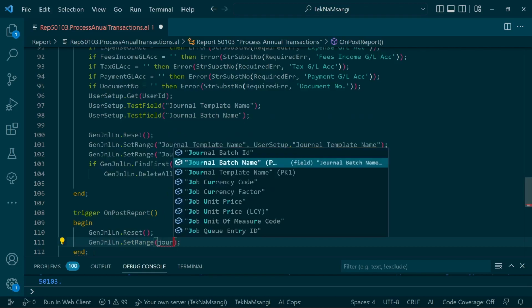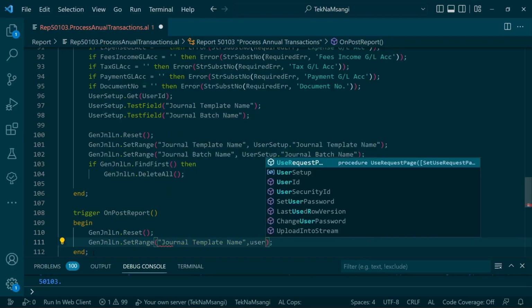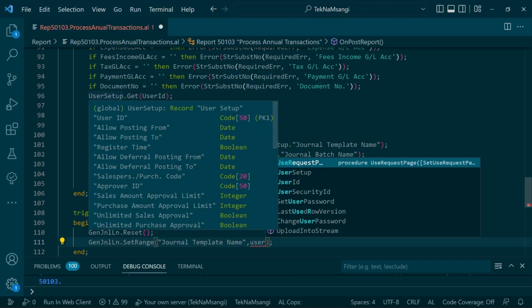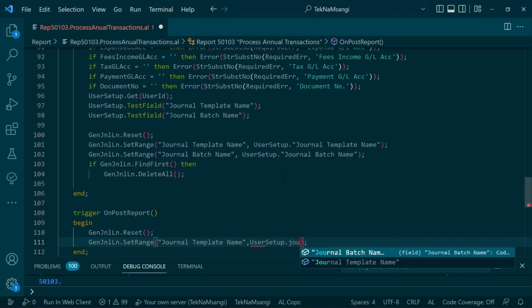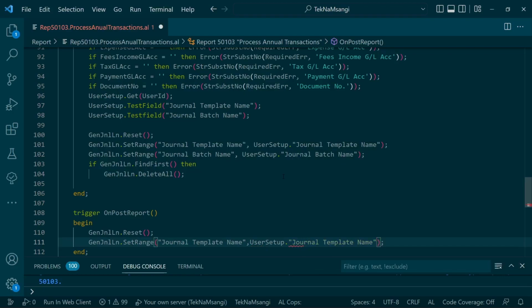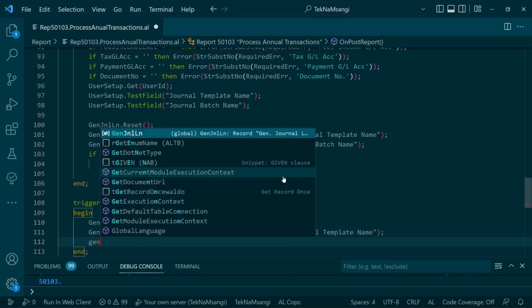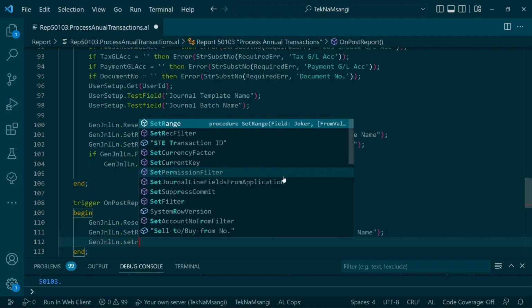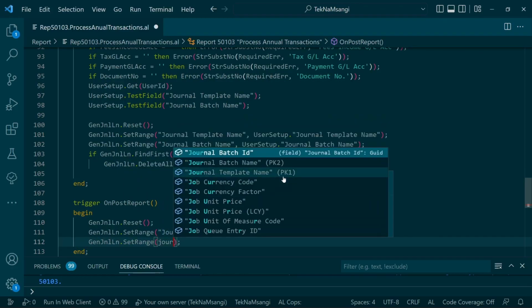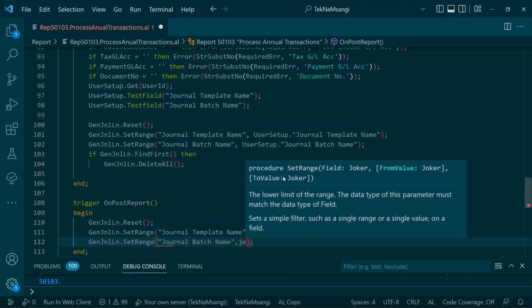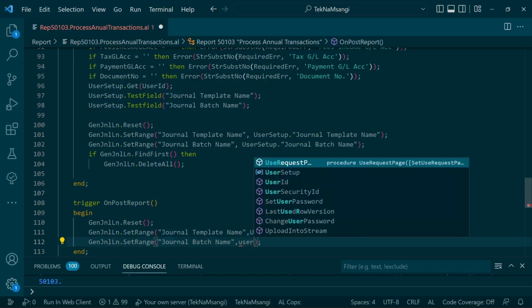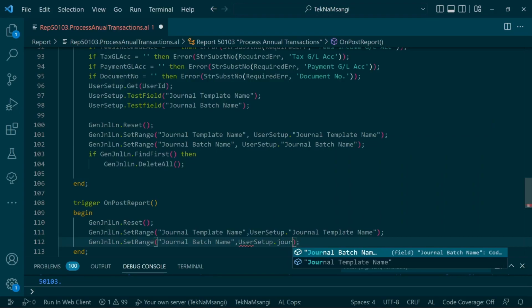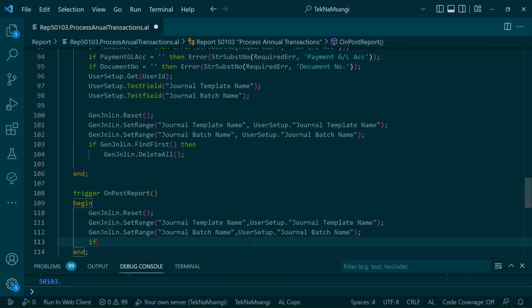Journal template name. Remember, the user setup was initialized here and it's a global variable, so it will always have these values. Journal template name. It will have the values in the lifetime of this report as it runs. Set range, journal batch name. A little bit lazy to make sure that I don't go to open. Journal batch name. So if we find the value,